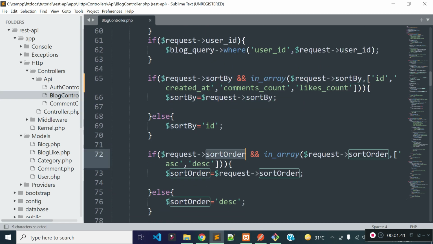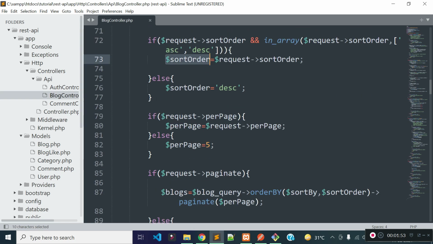And here I am checking if there is any sort order present inside our request query parameter, then I am checking if the value is in the array of ascending or descending, then I store the value to sort order, and I am passing this sort by and sort order to this orderBy method to sort the data.